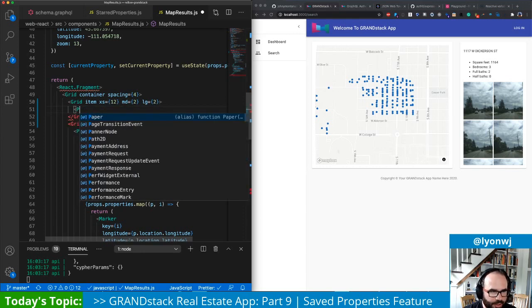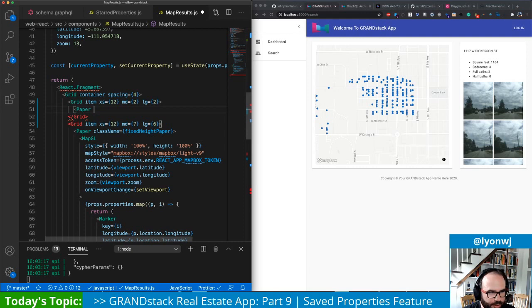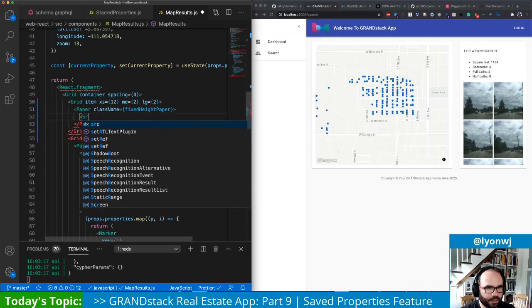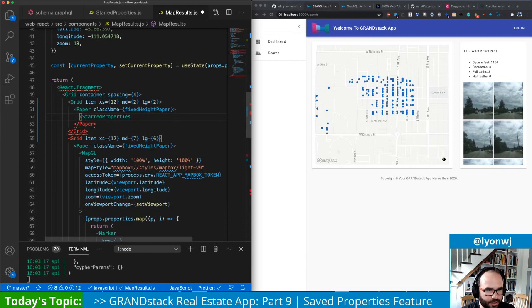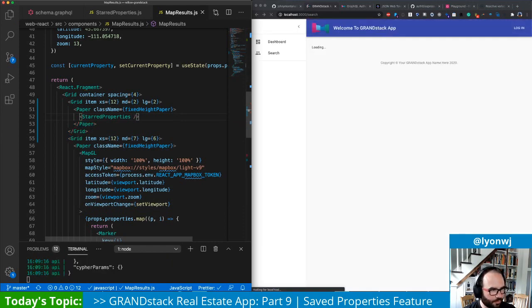Okay, so grid item, and then it needs a paper component to give it that nice sort of shadowy background with the drop shadow, and we have some CSS styles we can give to it, so we don't have to think about that either. And then it is the starred properties component. So if we save that,